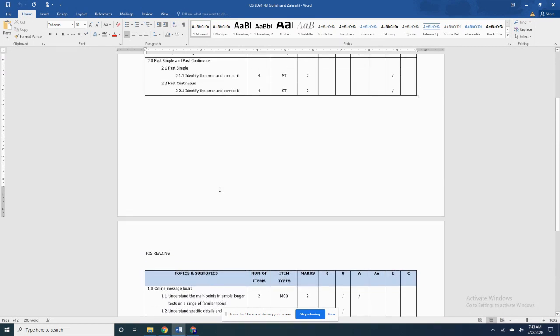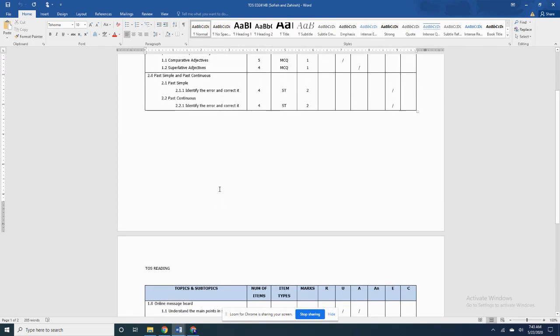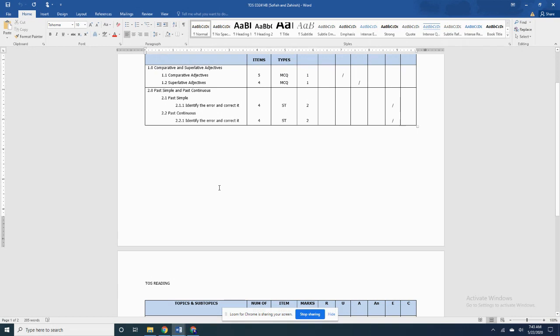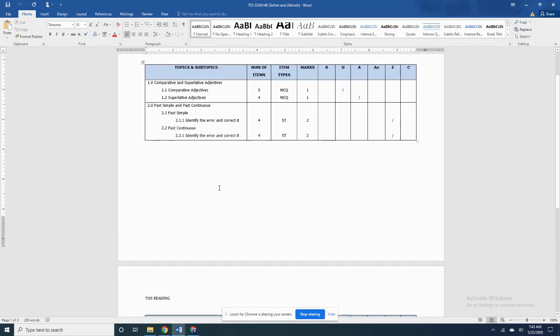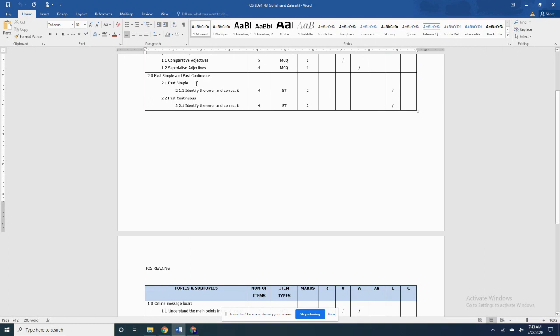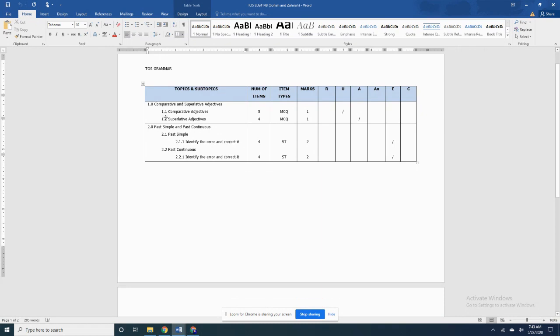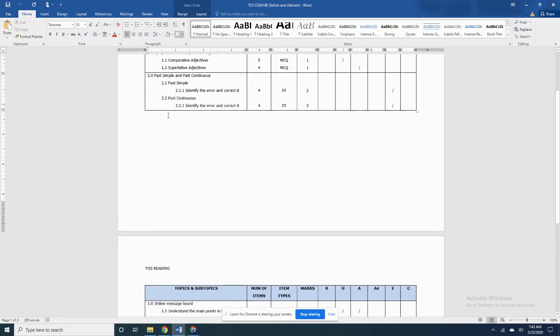But please understand that one task is for one task. Regardless of how many skills that you are looking at from that task, it should all be jammed into one task only. So in this case, no need to split, just combine them back together. Have one bigger thing like maybe 1.0 is reading, and then comparative and superlative should appear under 1.1. Okay, and then you continue reading after you have presented all your grammar items. Okay, right, moving on.